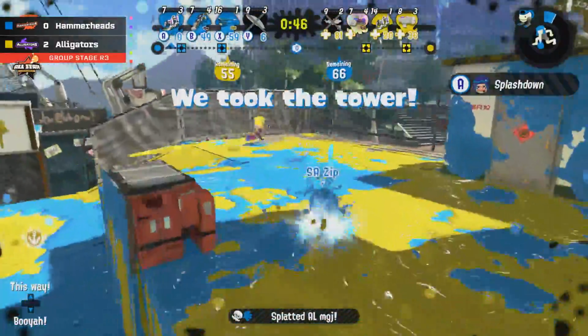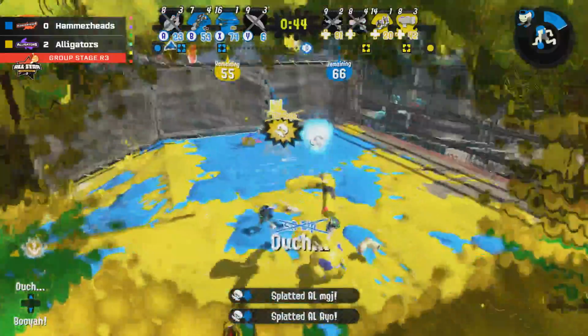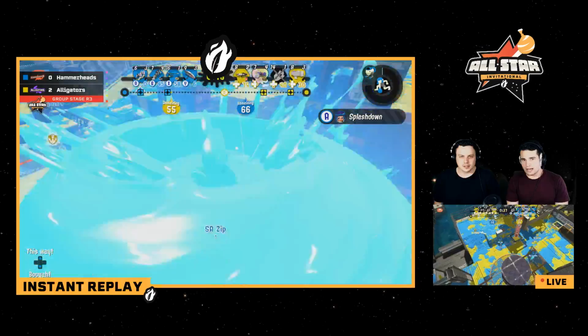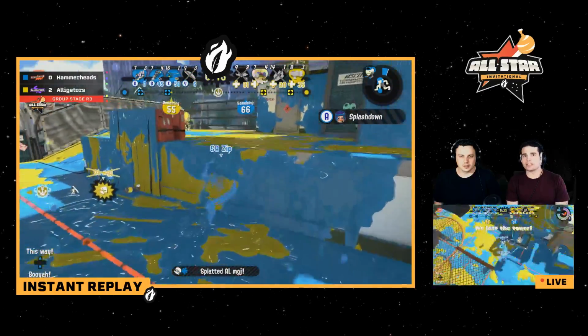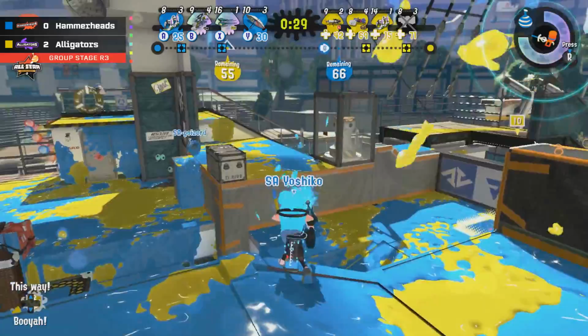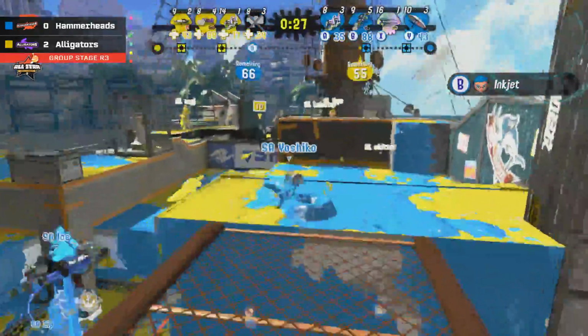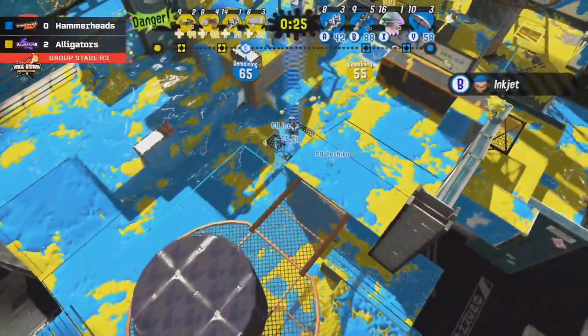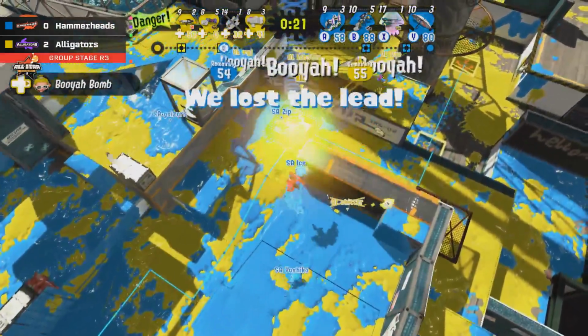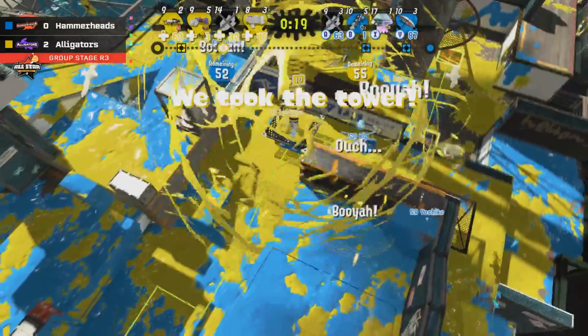Splashdown picking up MGJ, and now Zip getting aggressive. Zip taking out a double. You can see he comes down with that splashdown. Taking out MGJ, jumping around the back, and managing to work his way around to take out AO. And they're getting there. They're almost at this checkpoint, which is pretty much where the score is going to flip over. And they're taking control, and they've managed to...